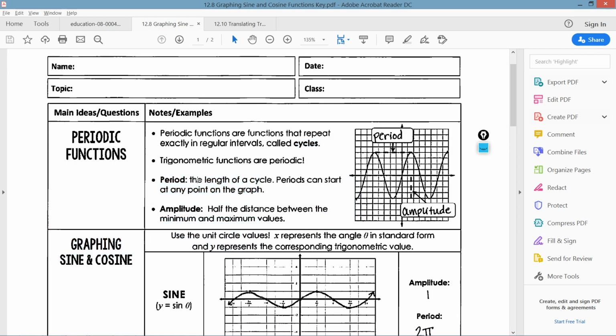And the period is, when we say the length of a cycle, that means the amount of, I want to say time, but it's how many units have to pass before we are repeating ourselves, okay? So